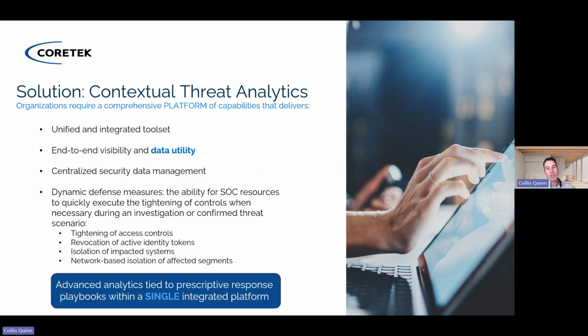And then enabling some automation rules to, basically in real time, mitigate something that's clearly bad. And we'll get to that in a couple other slides. But having visibility but also utility to the data is extremely important. And giving your security operations resources the ability to quickly execute whatever needs to be done in the wake of a detection is all the more important because time is of the essence in today's day and age,